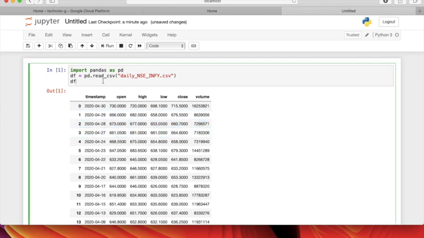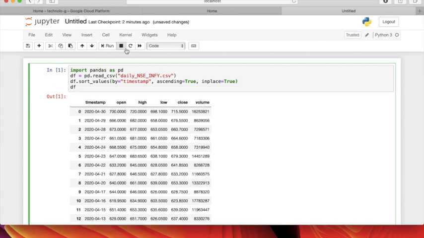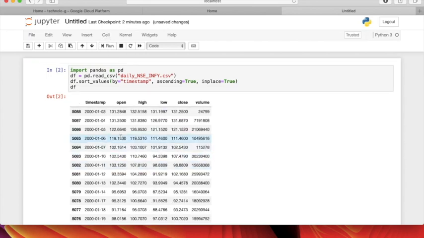Sorting point. So I'm going to use this, let's say df.sort_values by equal to timestamp, and we are going to say ascending equal to True. And I'm also going to say inplace equals True, right? So now let's analyze this. Yeah, fair enough. Now we got the first one, which is